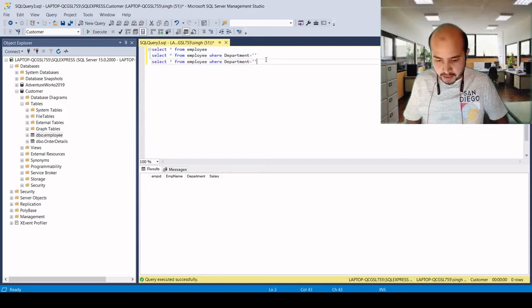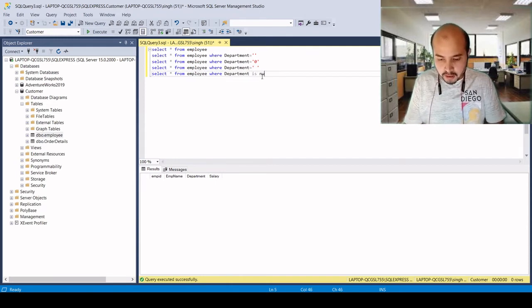Now copy and check the department where the department is 0, and there are no records where the department is 0. Next, to check the space, do we have any record in the department column where there is any space? No.